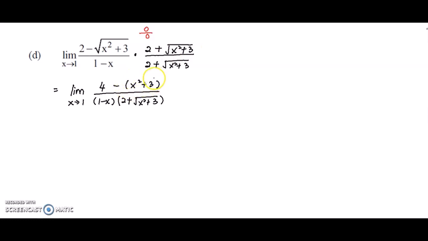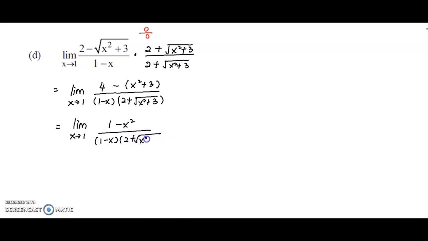And don't forget to put a bracket because this negative later on will take effect on the sign inside here. Okay, so just copy down the limit and simplify the top function. You have 4 minus 3, you got 1. 1 minus x squared over,